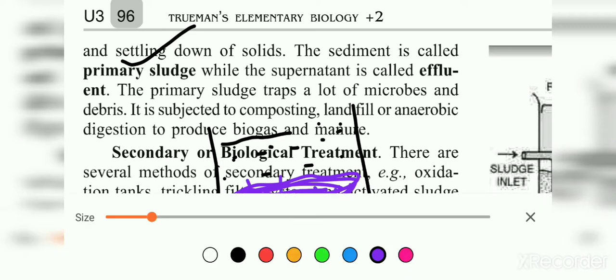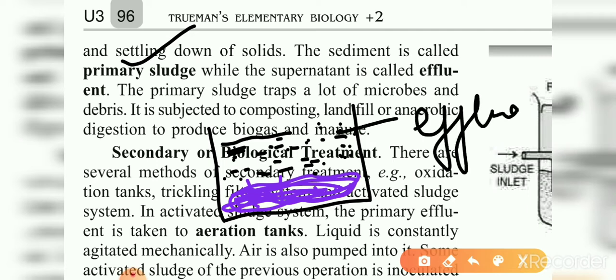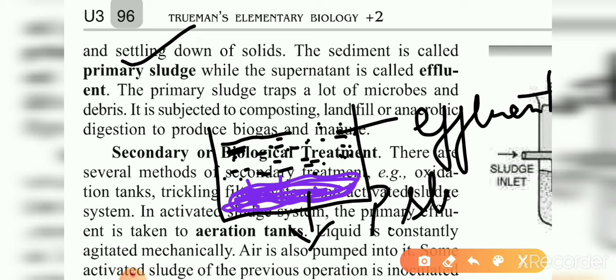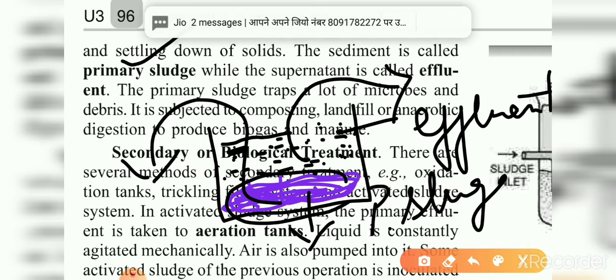And whatever is left at the top, this particular part, is called the supernatant. You know this term. So this supernatant is now called effluent. What is left at the top is effluent, and what settles at the bottom is known as primary sludge. Now this supernatant is separated from there and the sludge is also removed from there, and afterward the primary sludge is subjected to